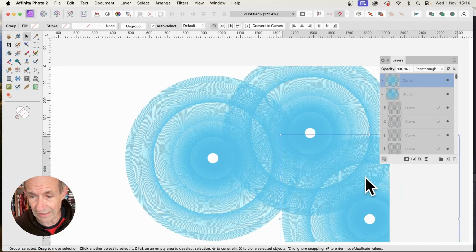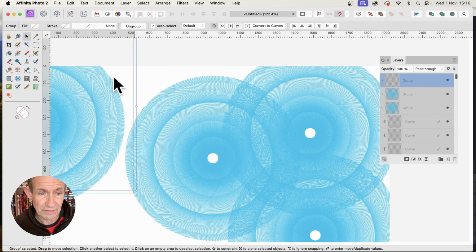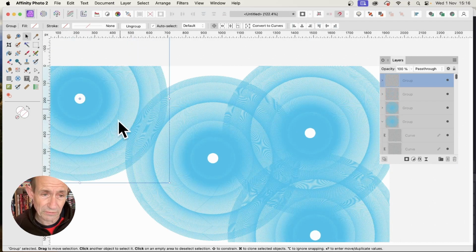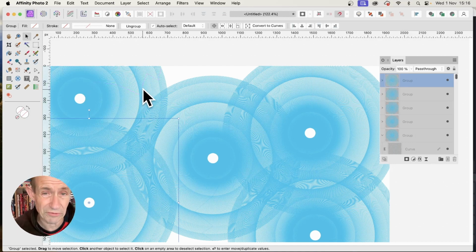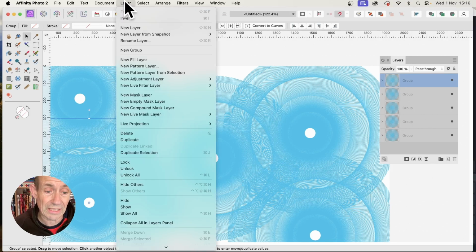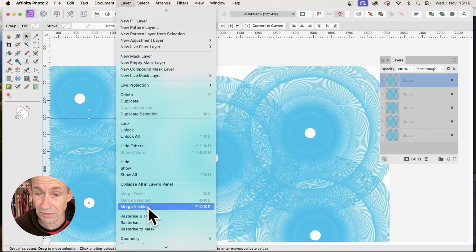And you can then drag that down. And you can see you can do that, and you can repeat that. But there's a lot of paths involved now, and lots of points. But you can create all kinds of unique designs. And of course, what you can also do with all these groups, you can, if you want, just simply go to Layer and rasterize the whole thing or merge visible to turn it into a pixel layer